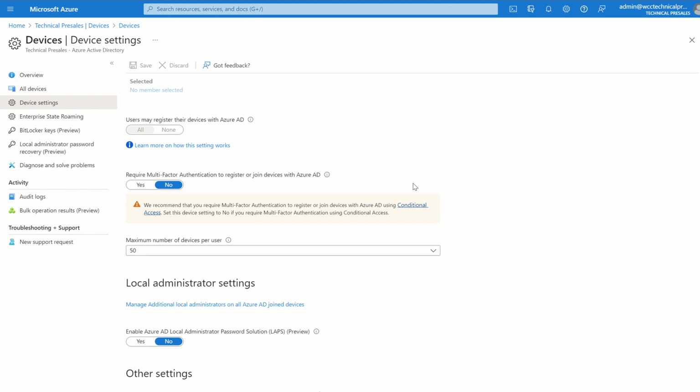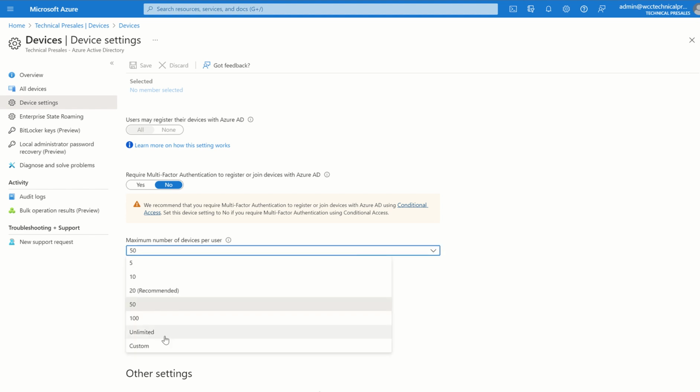The setting we're looking at in particular is maximum number of devices per user. By default, Microsoft sets this to 50, which is fine for most use cases or users. However, there may be an instance where the user has reached the maximum cap. Maybe that one user account is used for enrollment of devices. Best practice from that perspective is to use a DEM account, which is a device enrollment manager account for Microsoft Intune in instance. However, if it is just a general, you need to increase the maximum number of devices, then